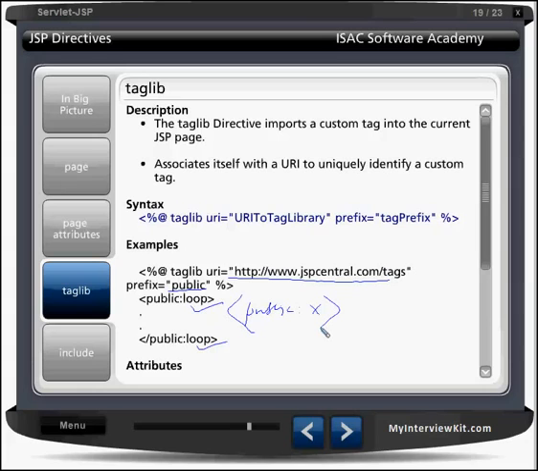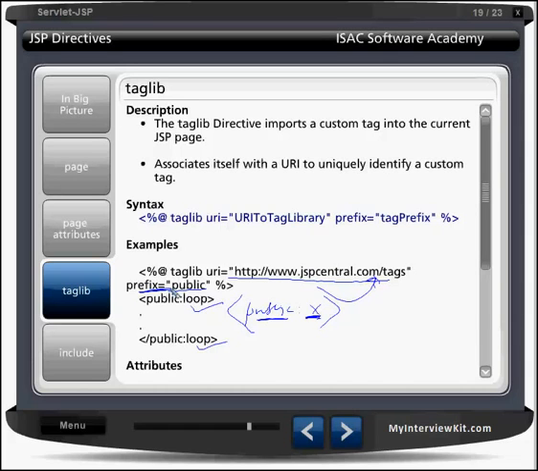Like this. This tag refers to public, meaning this tag is available in this location. This prefix just helps us differentiate the normal tag and the custom tag.